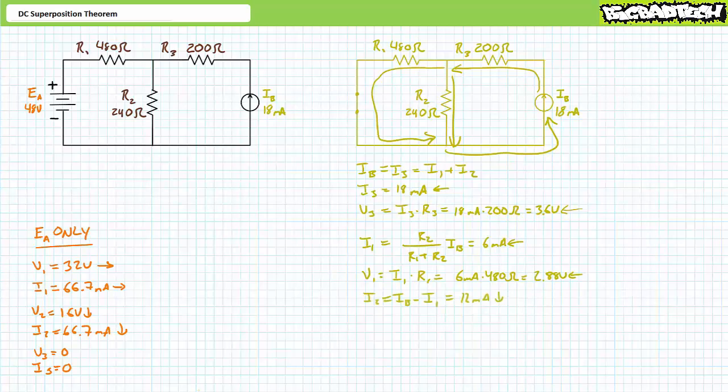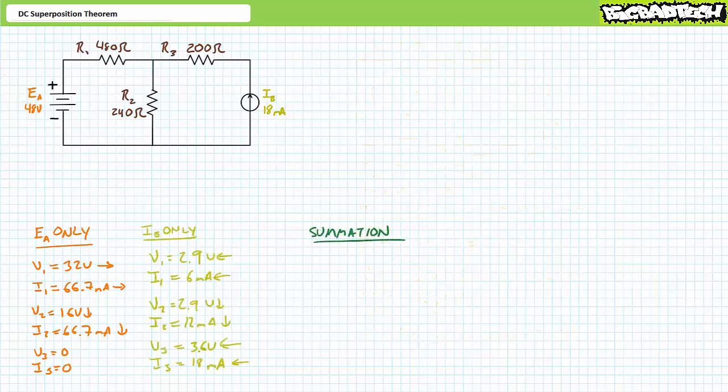An algebraic rearrangement of the Kirchhoff's current law equation suggests that I2 is the remaining 12 milliamperes traveling top to bottom. Voltage across elements in parallel is the same. R2, being in parallel with R1, also has a voltage drop of 2.9 volts, positive to negative, top to bottom. An application of Ohm's law proves this to be true. V2 is found to be 2.9 volts, positive to negative, top to bottom. Now that we've completed independent analysis of this circuit from the perspective of both sources, the only task that remains for us